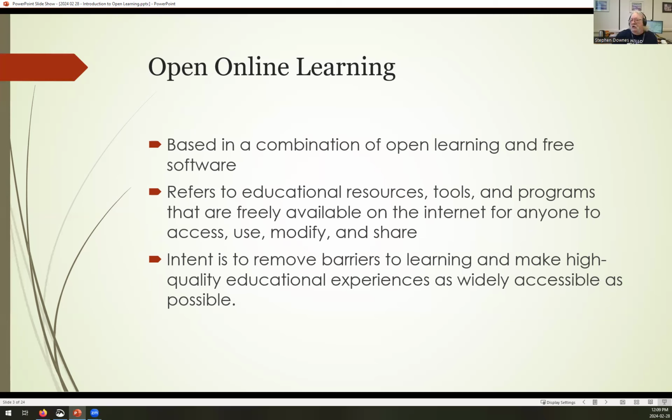Open online learning, as a subject area, refers to the resources, tools, and programs that are available online. And also the idea that anybody can access them, anybody can use them, modify them, and share them again in their own way. So it's not just about you being able to access something online. It's about you being able to take what you've accessed and use it in your own way.